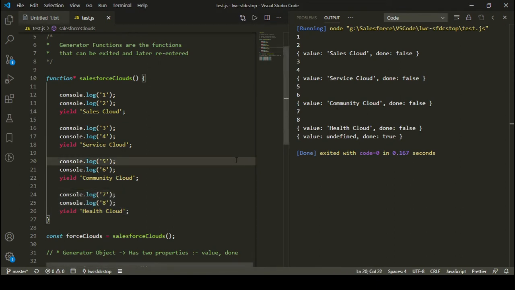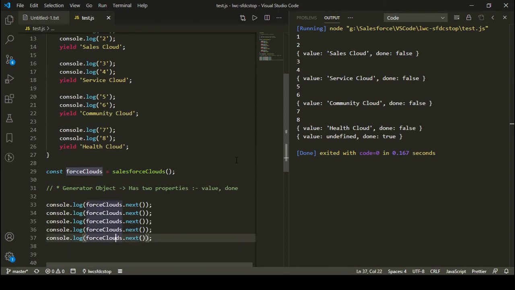This is also perfect. But when I called my generator function for the fifth time, this time I'm getting my value as undefined, and I'm getting the done property with the value true. So what is this done showing? This done is showing that I don't have any more code in my generator function to be executed, right?